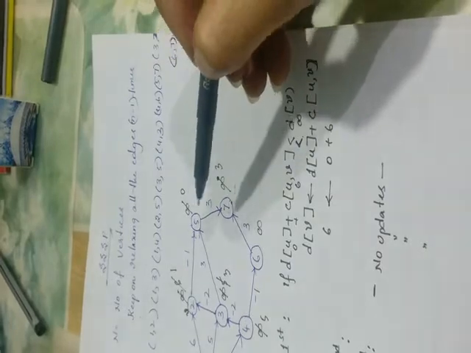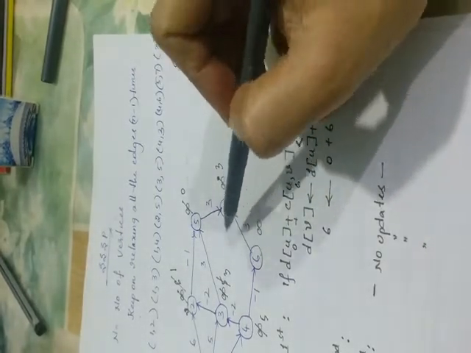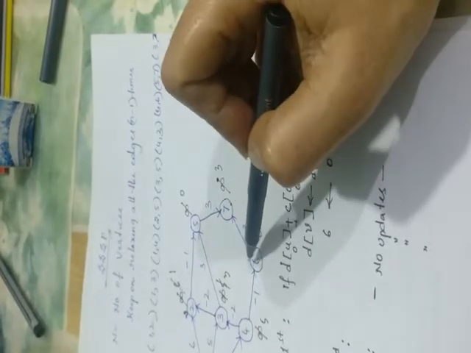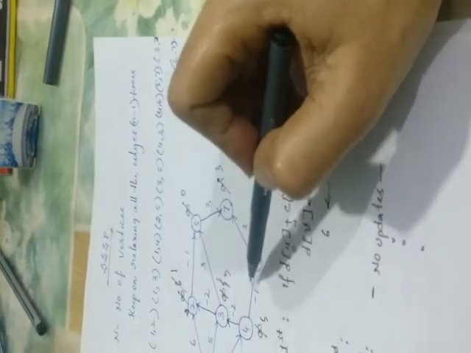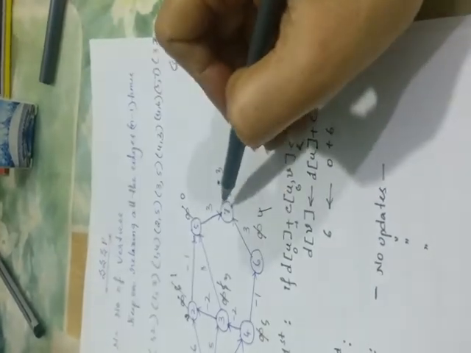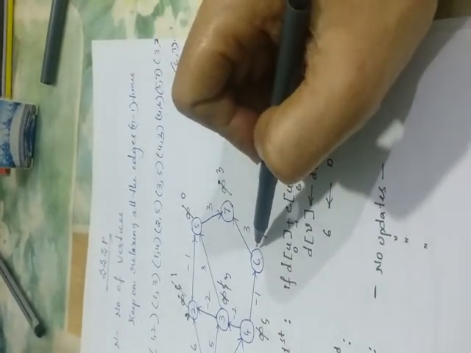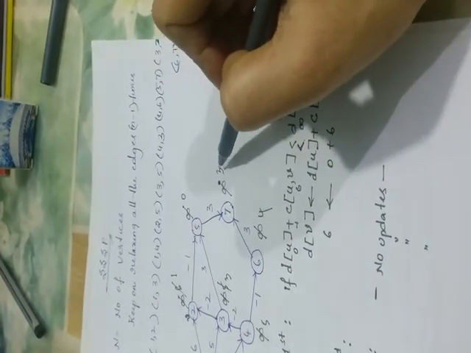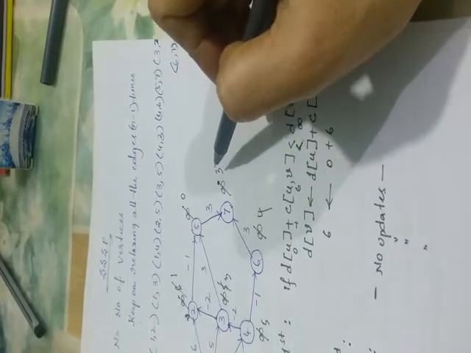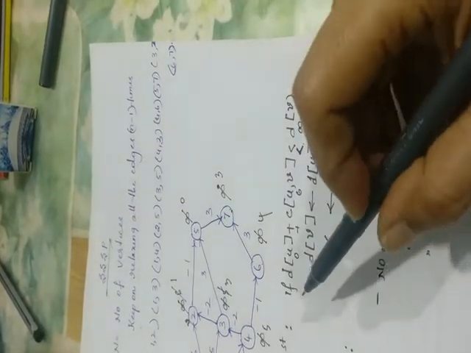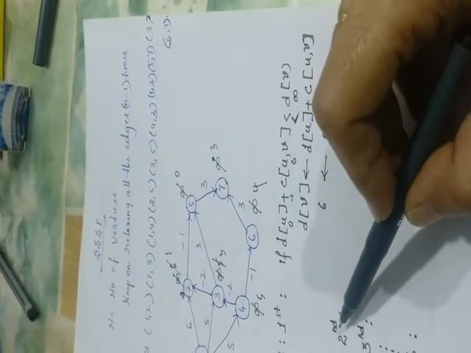What else do I have left? Here 4 to 6 I have left. 4 to 6 will be 5 minus 1, it will be 4. And 6 to 7 will be 4 plus 3, 7. But this value is not smaller than the current value 3, so I am not updating it. So this completes the first iteration. Next we will be moving on to iteration number 2.